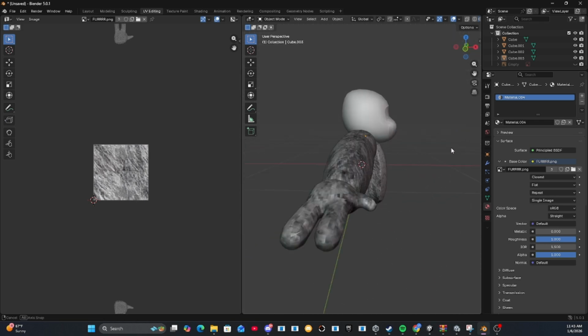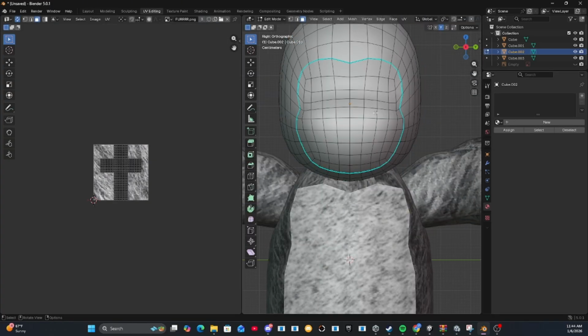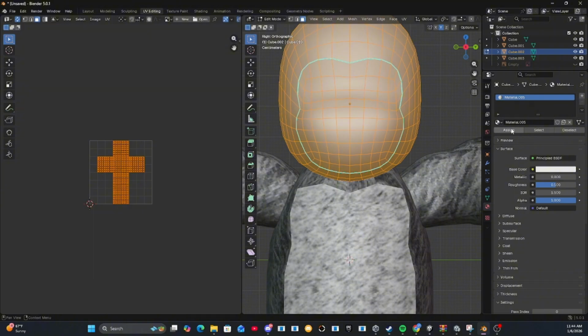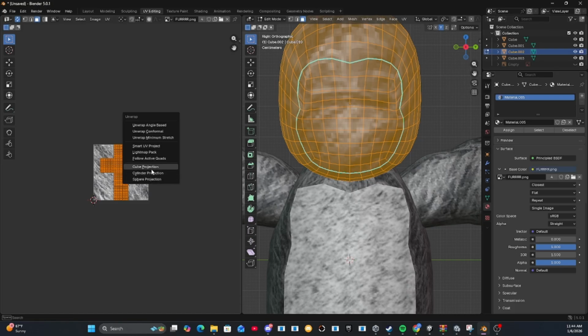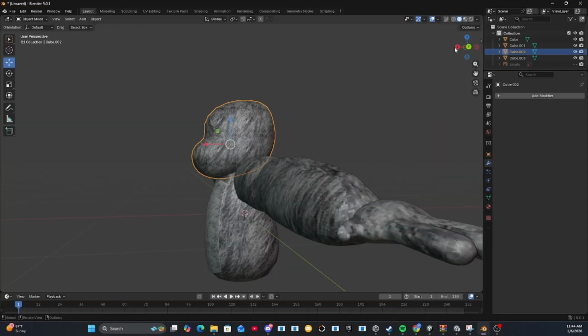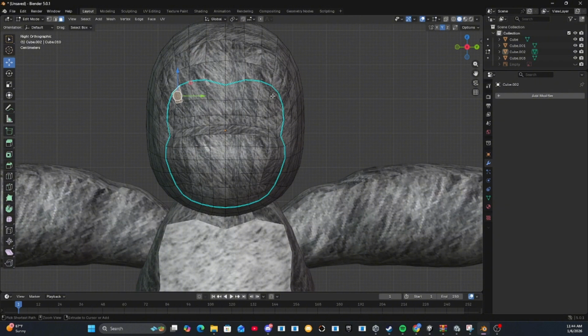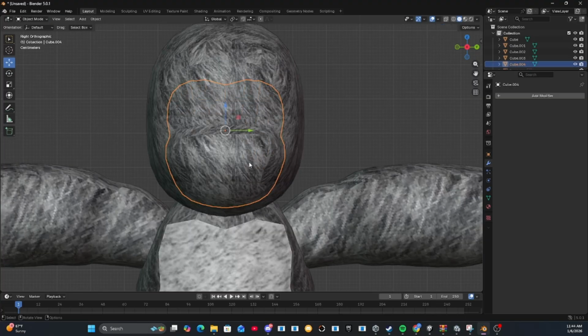And then on the head, you're gonna do something different, okay? So for the head, you're gonna go A, new, and then you can still add your image texture, closest, open, all that, right? You can add all your textures and everything. And then U, Q projection, scale it up. Alright, but then you're gonna go to your layout, X, tab, and then you're gonna click on all of your faces, and then you can just grab all of them, right click, separate selection,